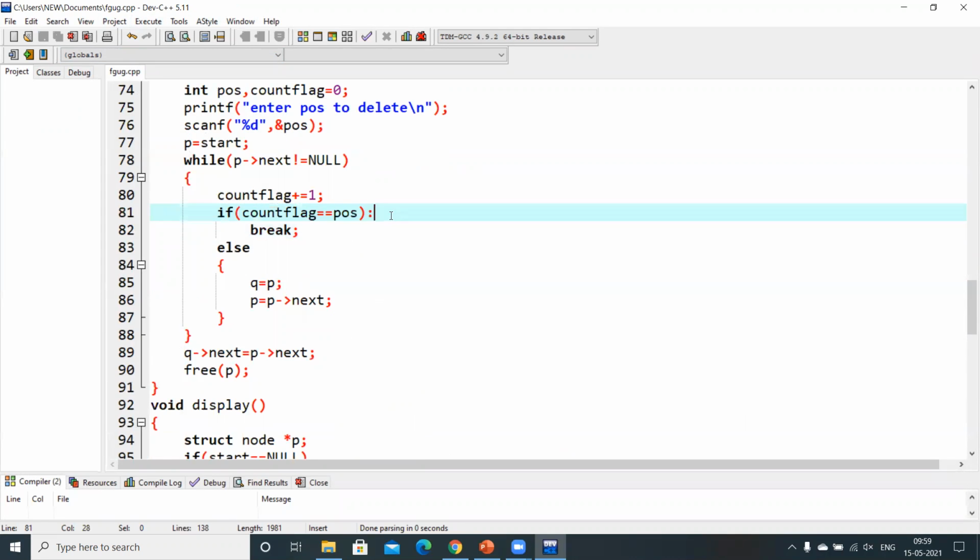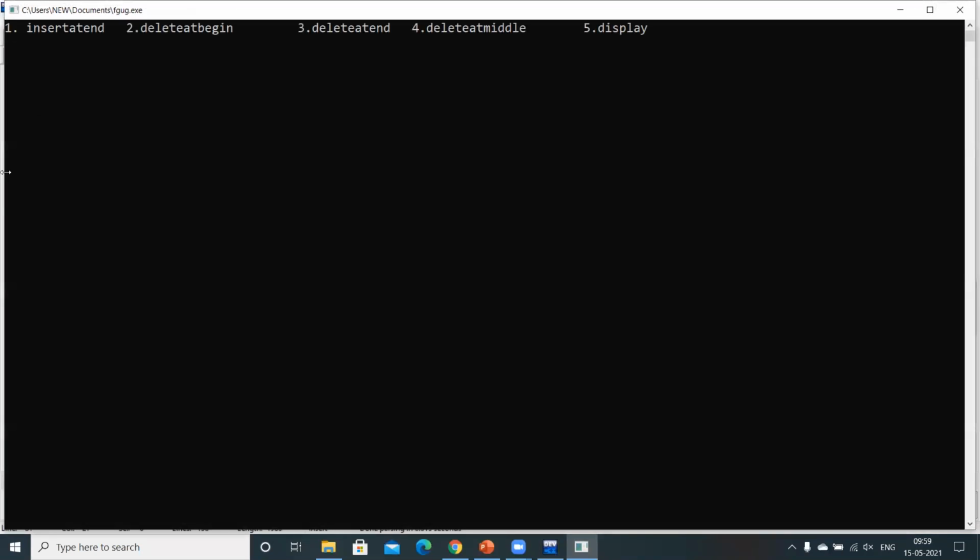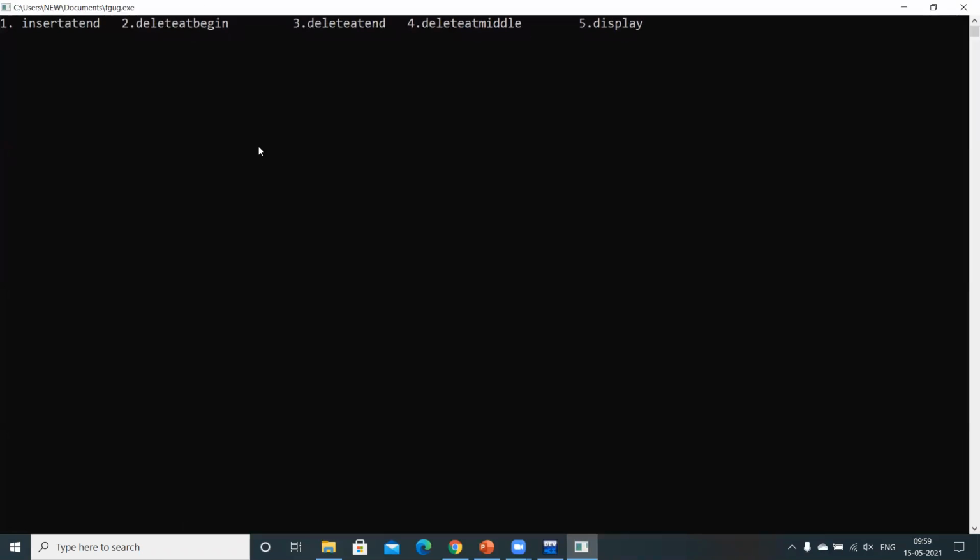Yes. Okay, the colon is the error here. Okay, guys, now let me again compile and run. Yes, there are no errors. And inside the while loop, the options are available, right? So it has been there.